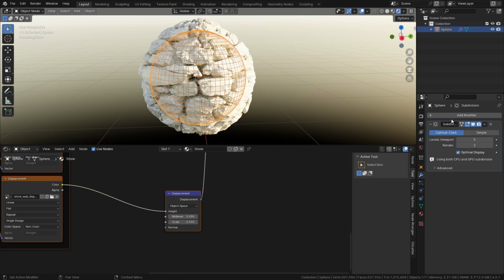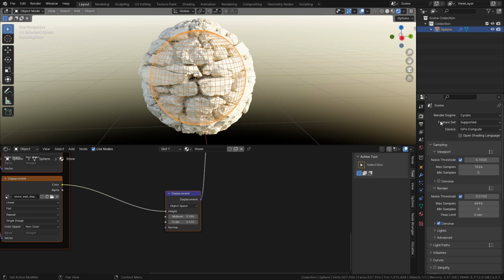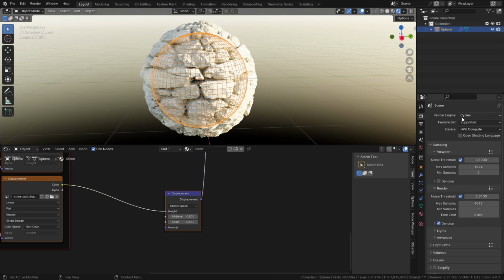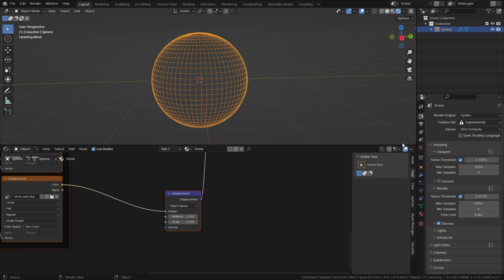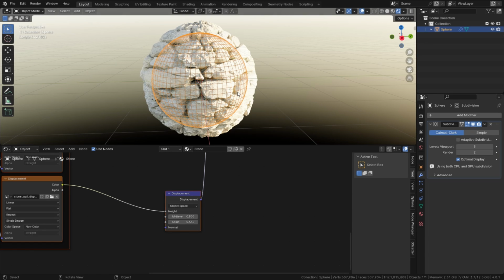But there's another way to use the subdivision surface modifier, which is a better way. And to do that, we need to go to the render settings first and make sure you are in the Cycles render engine, and then change the feature set to experimental. Now a new option appeared in the modifier tab here, which is adaptive subdivision. We need to check this,